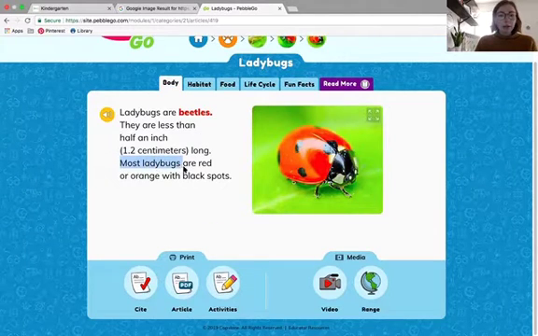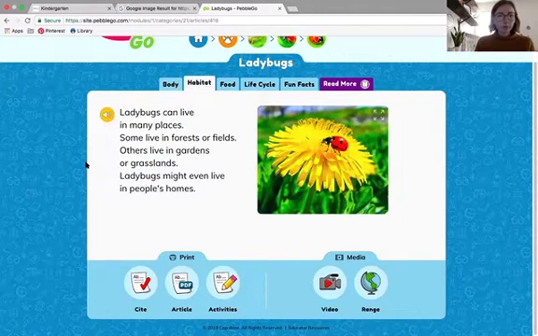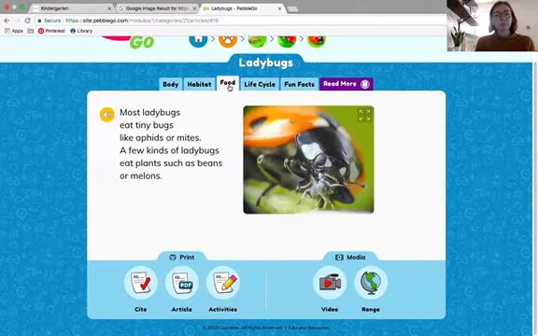Most ladybugs are red or orange with black spots. I could write about that. Ladybugs can live in forests or fields. Sometimes they even live in people's homes. Most ladybugs eat tiny bugs called aphids or mites.